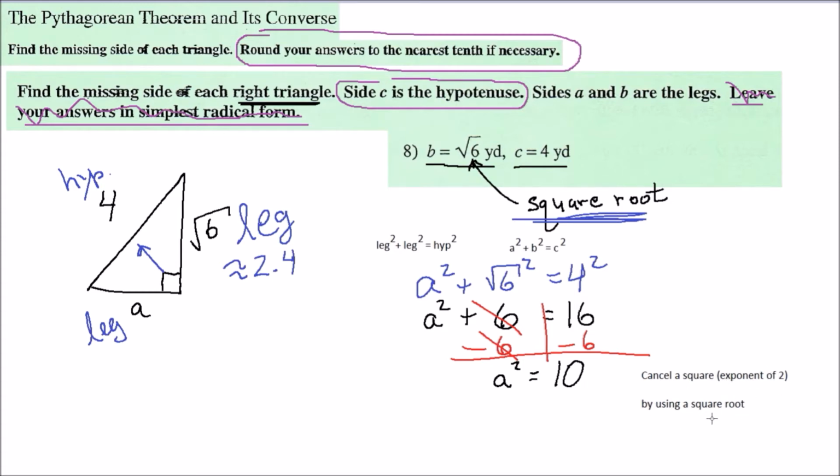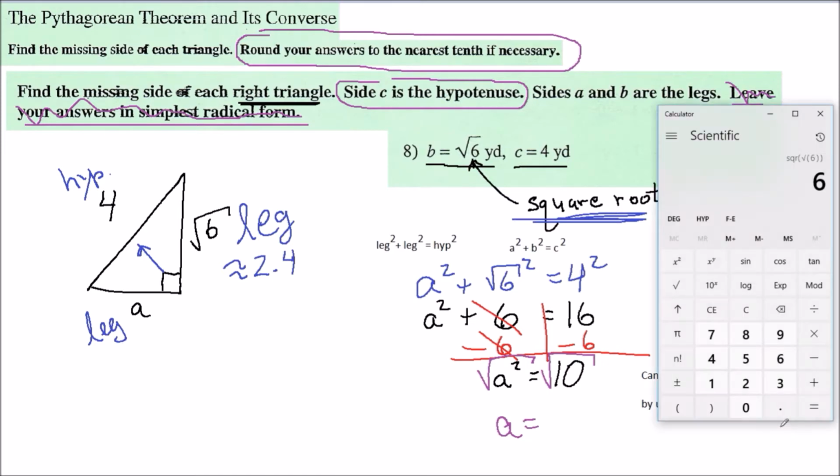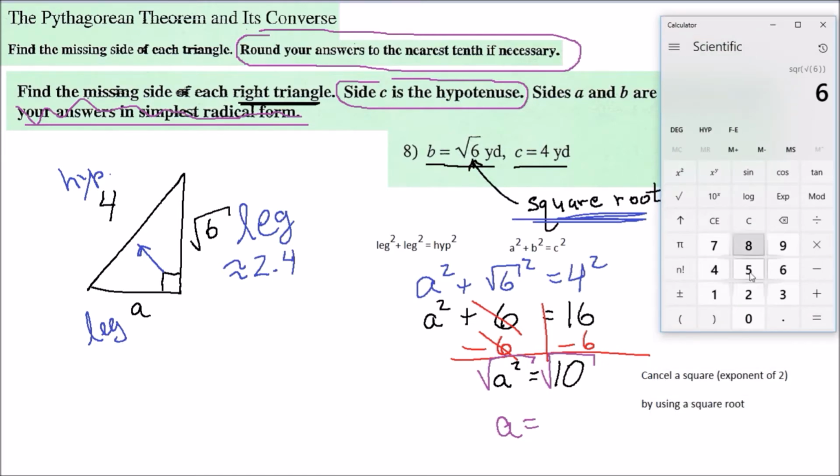I use a square root. So now I'm going to do the square root of a squared, which will give me a. But balance the equation, do the same thing on the other side, square root of 10, and this is where my calculator is going to come in handy, because the square root of 10 is not a nice result. Okay, so if I do the square root of 10, I get